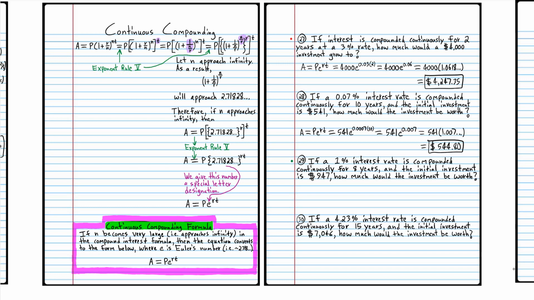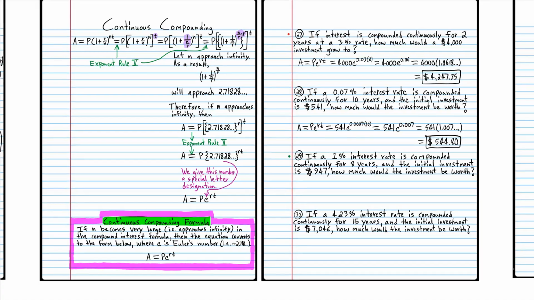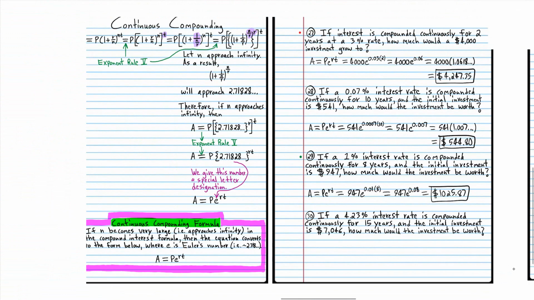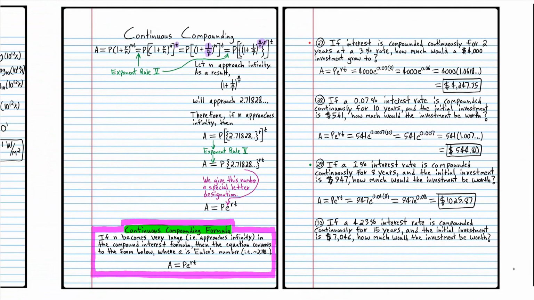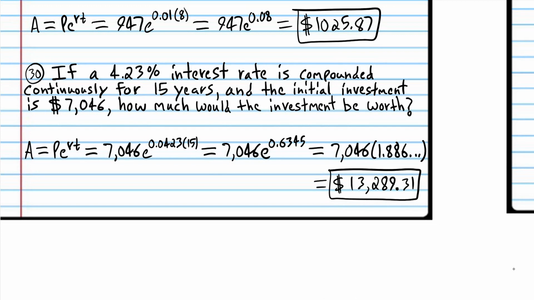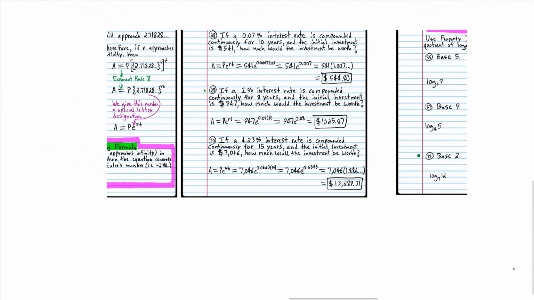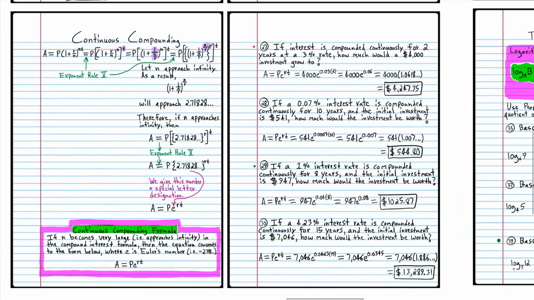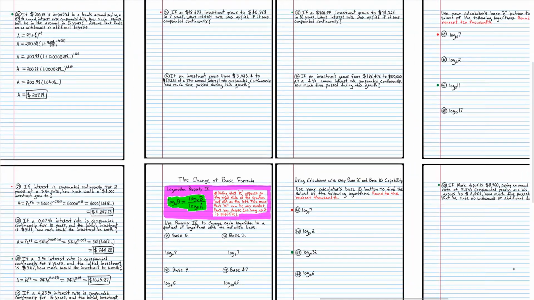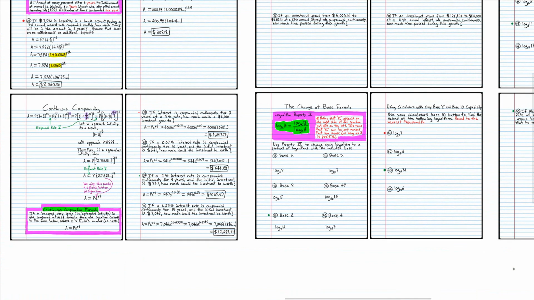So I want you to try number 29. When you come back, we'll do it together. Okay, we're back, and 87 cents. So if you got that right, excellent. Go ahead and try number 30. When you come back, we'll do it together. Okay, we're back. All right. So if you got that right, good job. So again, loudness was an application of base 10 logarithms, and interest compounded continuously was an application of base E